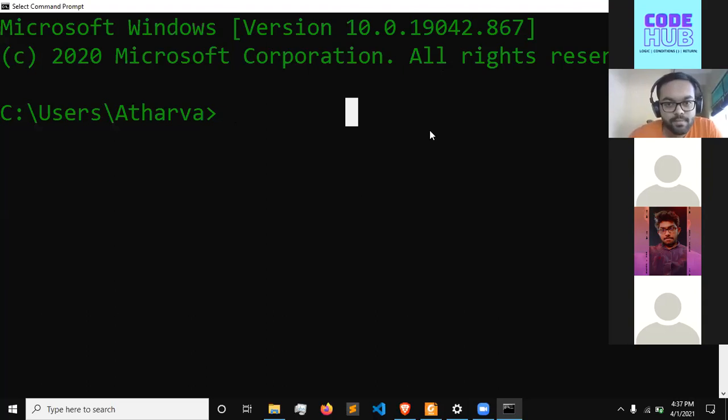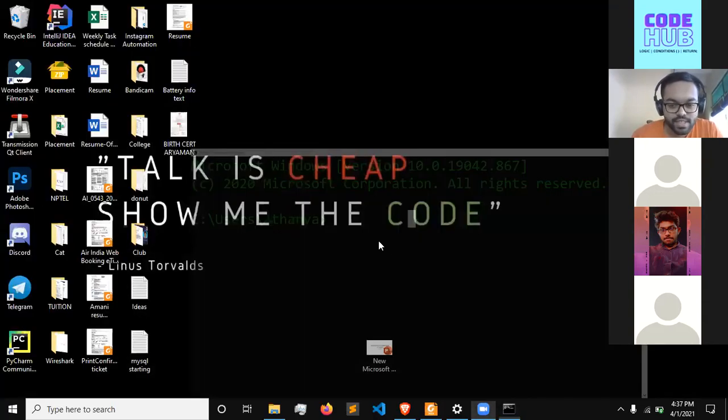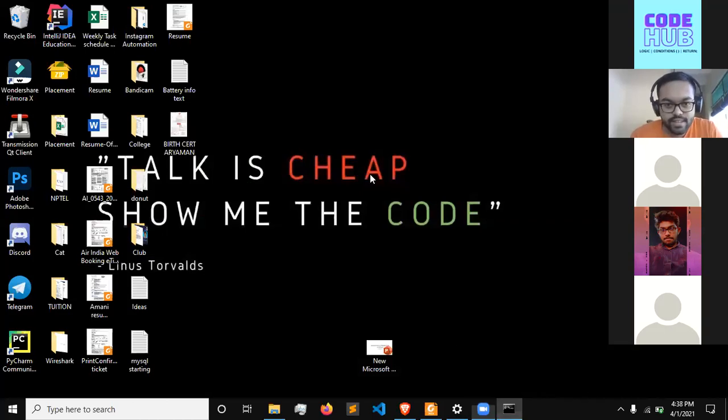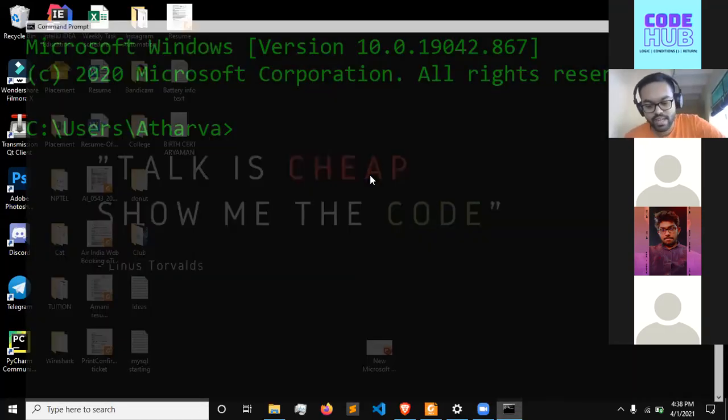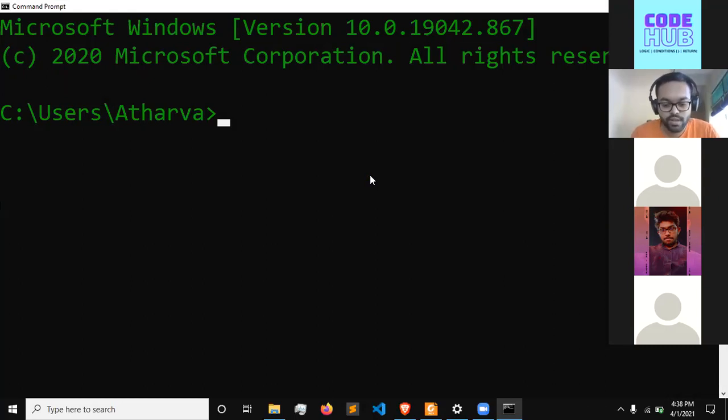See, this is called the command prompt. This is how the computers were back in 1980s, when you did not have graphical user interface. You had to type every command and then you can see what is happening. Abhi you have all these buttons, icons, and when you press something, something happens. This is what computers were back in 1980s. So this is called the command prompt. It is the fastest way to access a computer. Can you see it now? Anybody cannot see it now? Please tell. Okay, everyone can see it now.